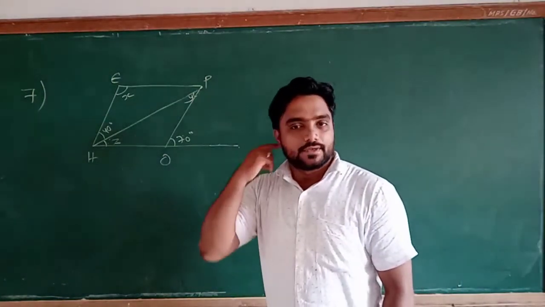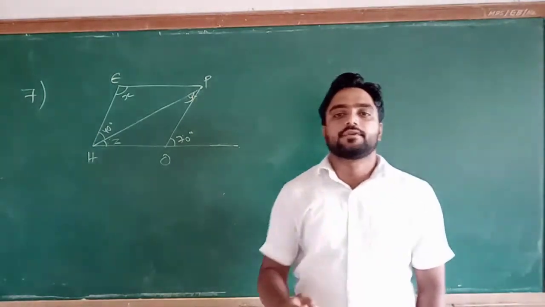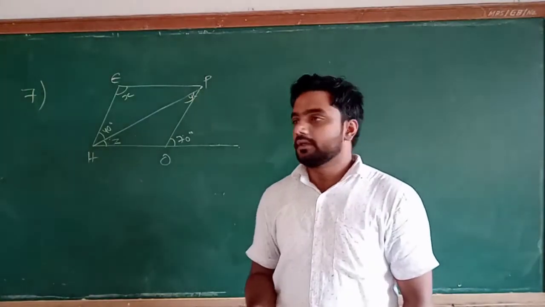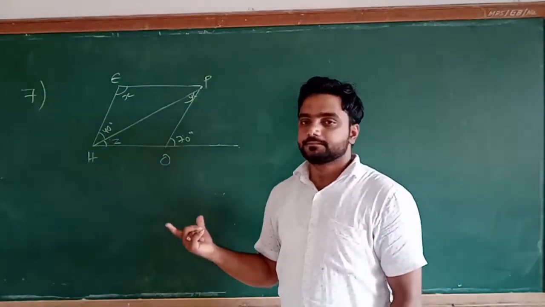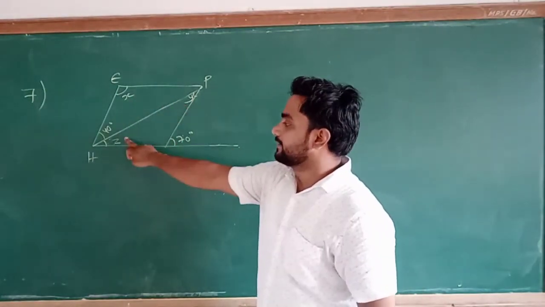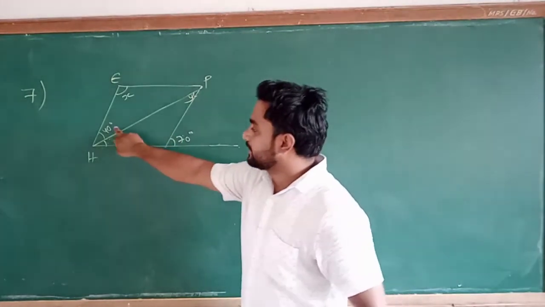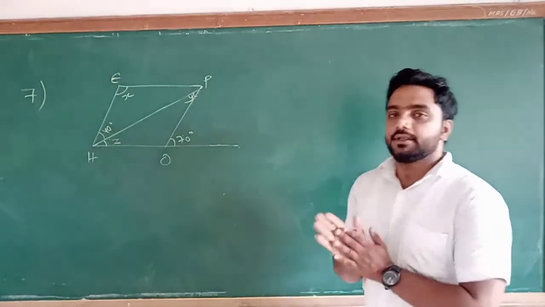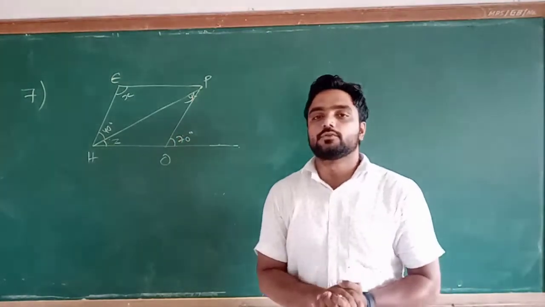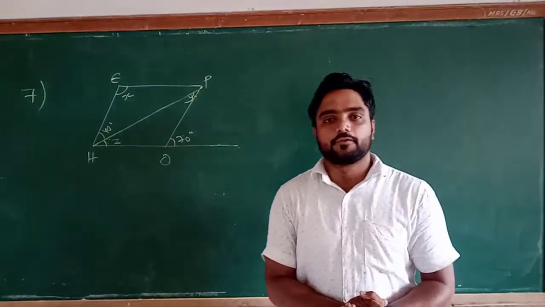Okay, now it is very easy. Listen here, whenever you are solving a figure, first of all concentrate on the figure, and think about the easiest method to solve it. तो यहाँ देखो जो figure दिया गया है, यहाँ angle जो दिए गए हमें, that is X, Y, and Z. All the three angles are unknown. But which are the known angles given to you? That is 40 degree and 70 degree. Understand or not? Now, with the help of these given angles, we can find the unknown angles also by using the property of a parallelogram.